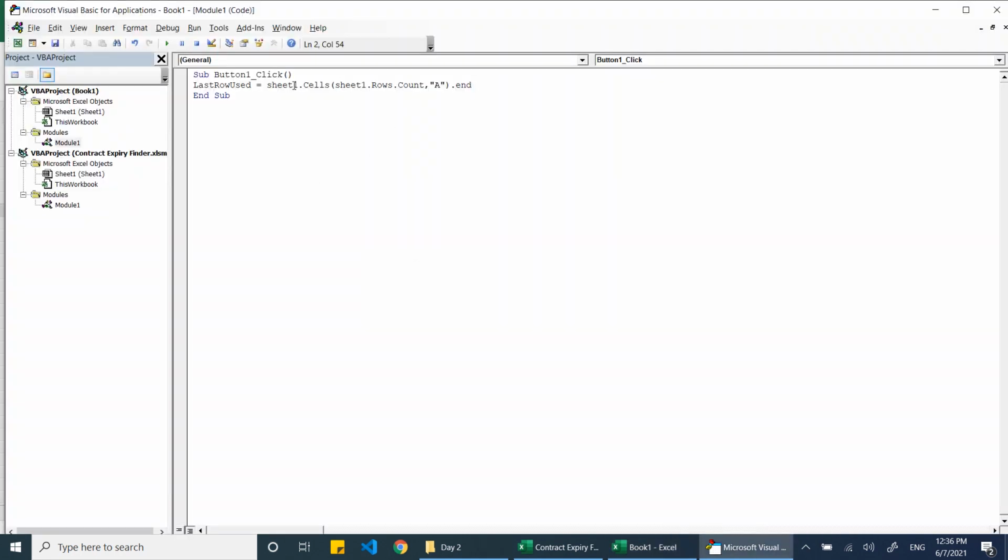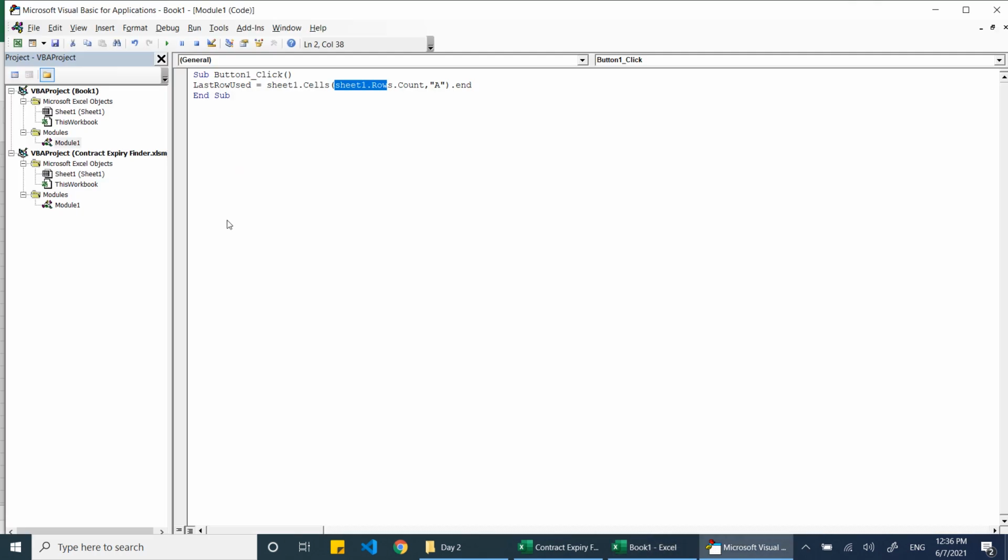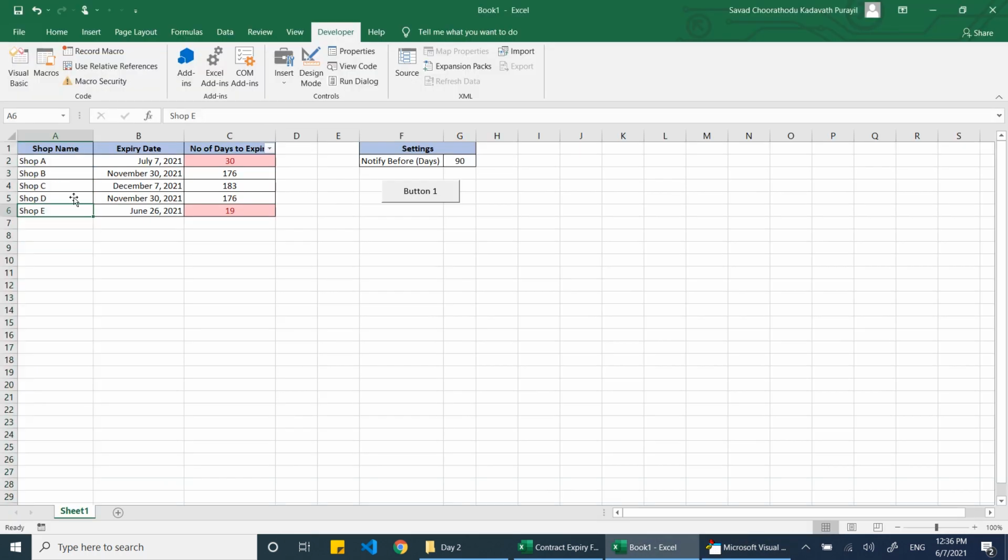Sheet1.Cells of Sheet1.Rows.Count, so it is counting the entire rows, how many rows we have used, you can see 6 here. Then in the A column only we are searching the data, then by End means it's going to reach here,